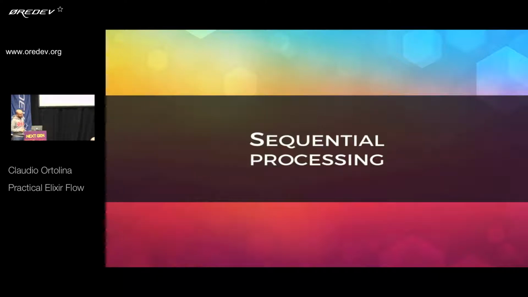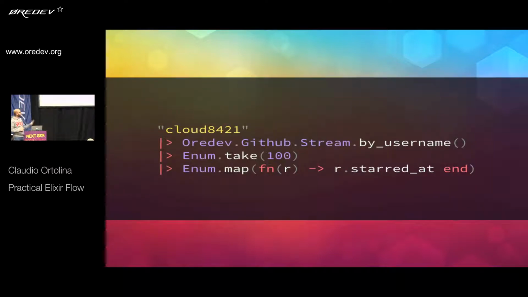Now, even with this, how would you do sequential processing? So like we built in Elixir standard library methods. What you could do is just say, start with a resource, and who has never seen Elixir before? Okay.